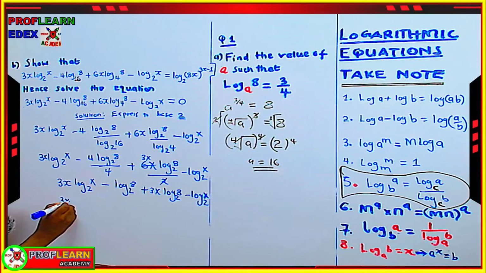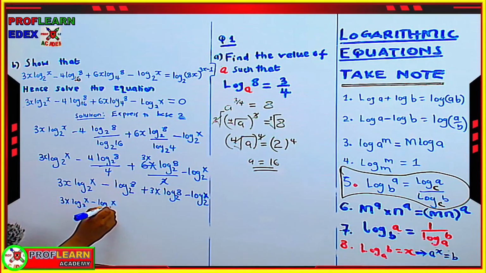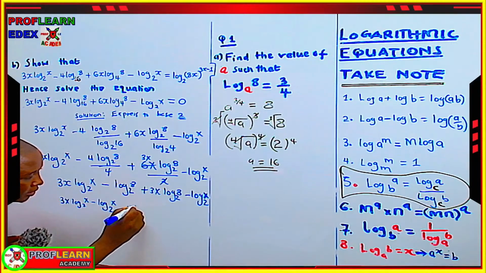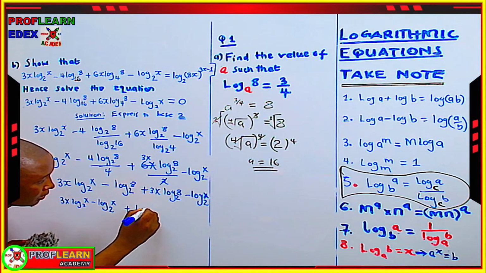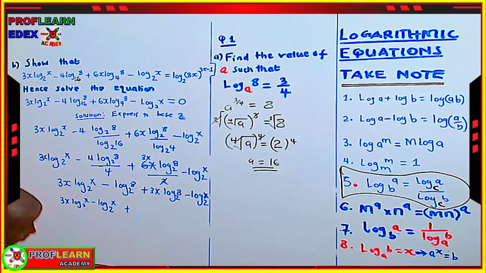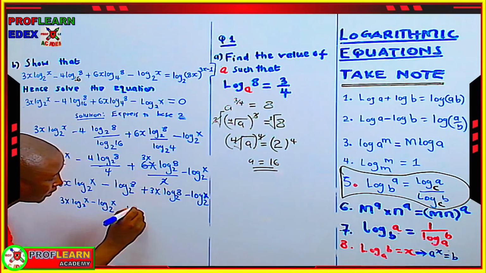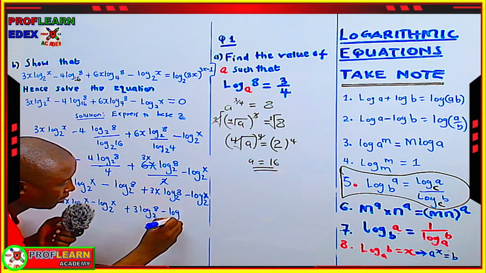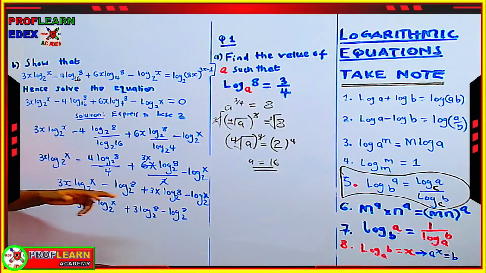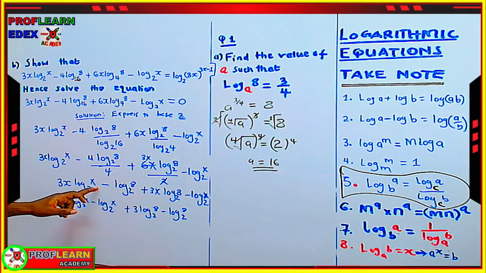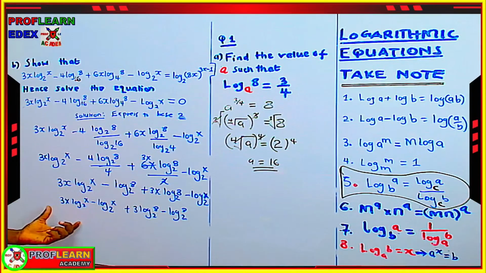So which means that we are going to factor out, we are going to group this together here, and we are going to have 3x minus 1 log x base 2 plus 3x minus 1 log 8 base 2. So if we have this, we can see that using rule number